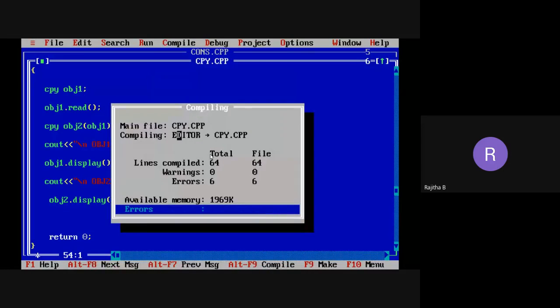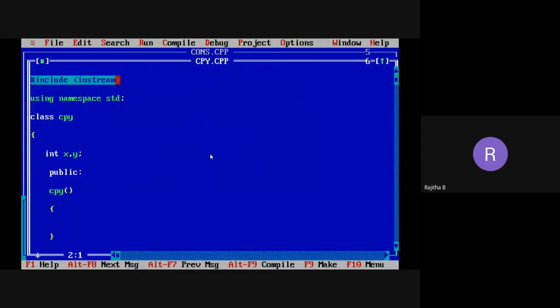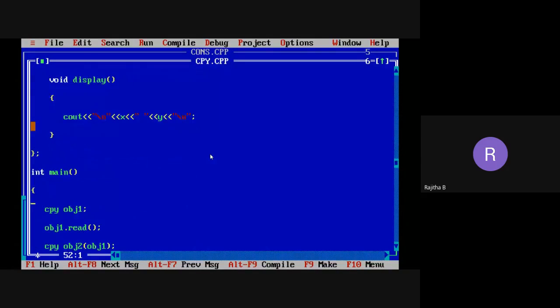What errors here? Why? Because in the Turbo C++ compiler, we need to include .h, and we do not have using namespace std. Coming to the main function, you need to take the return type of main as void.